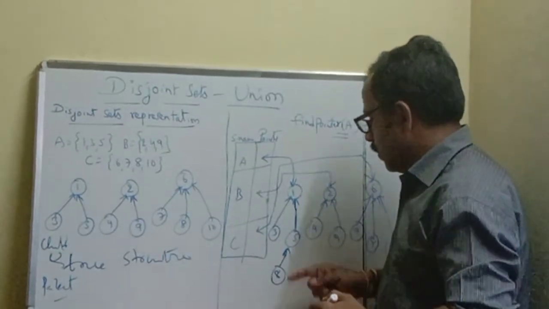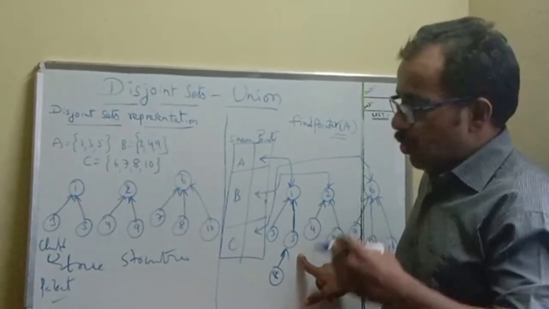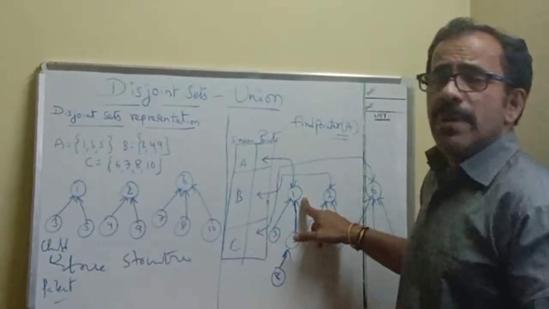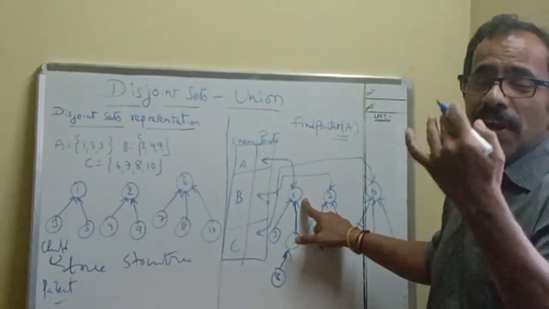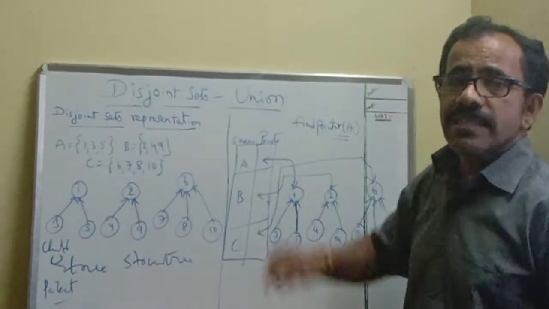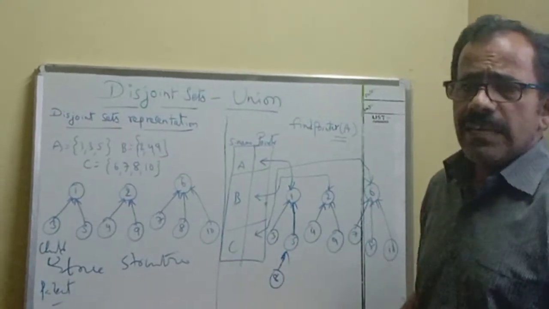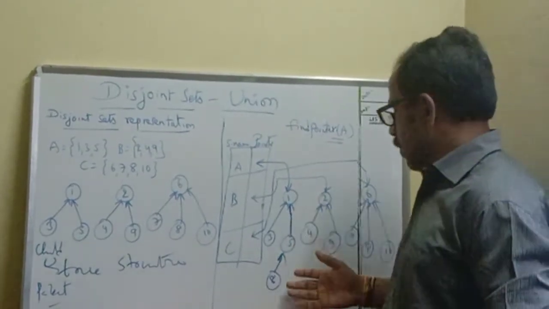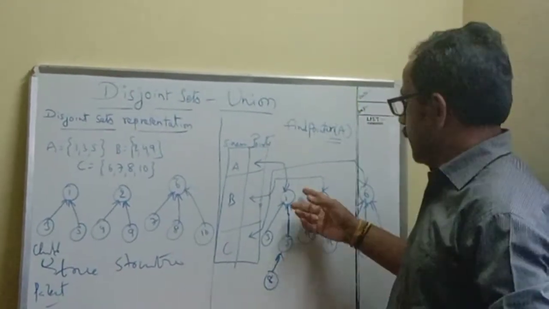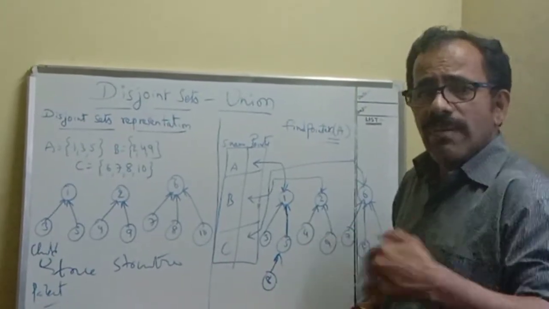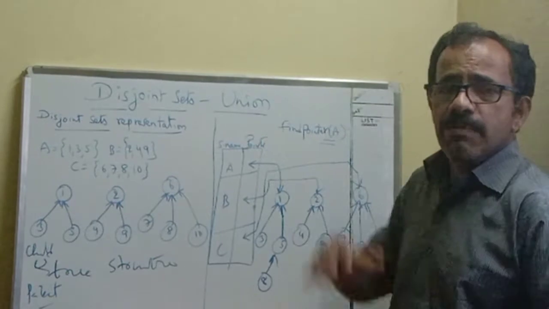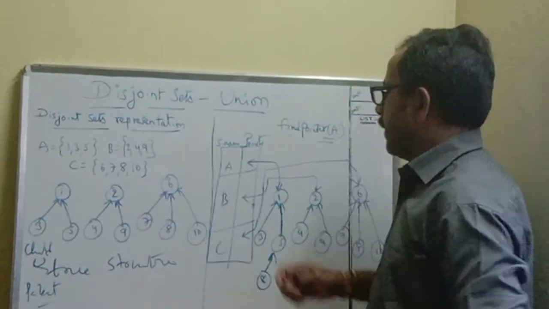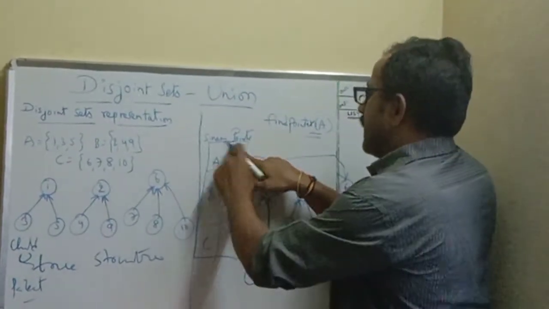Then how can we recognize the root node? 8 has a parent, that parent is 5, so go to the parent of 8. Once after reaching this, again go to its parent, and the parent of 5 is 1. Is there any parent here? No, because there is no parent. So go upward until reaching a node that has no parent. In any tree, either first tree, second tree or third tree, wherever you find the searching element, go to that particular tree and move upward until reaching the root node. If that particular node doesn't have any parent, then stop here, use this particular link, go to the respective field and take the name against that field as the set name.